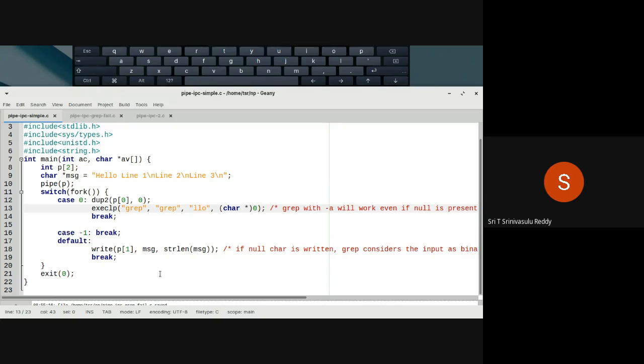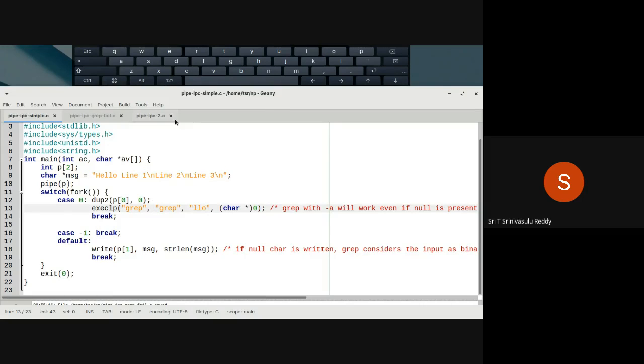So I hope everything is fine as far as inter-process communication is concerned. As far as the pipe system call, and then fork, and then exec. Exec, you have other versions as well. So go through the Stone's textbook that is shared with you, the PDF file. A lot of other details are also there for you to learn, right? So let's now move on to